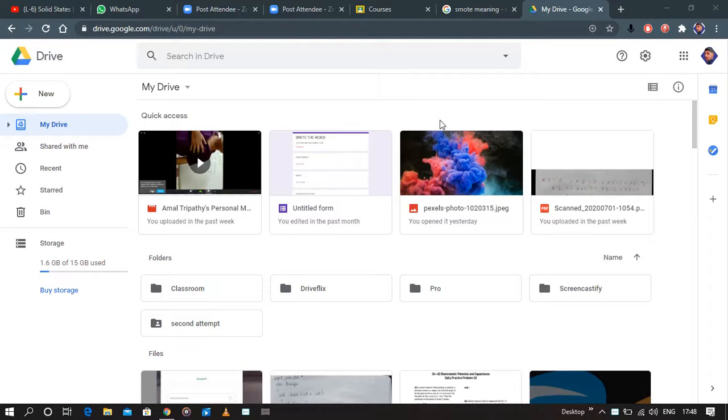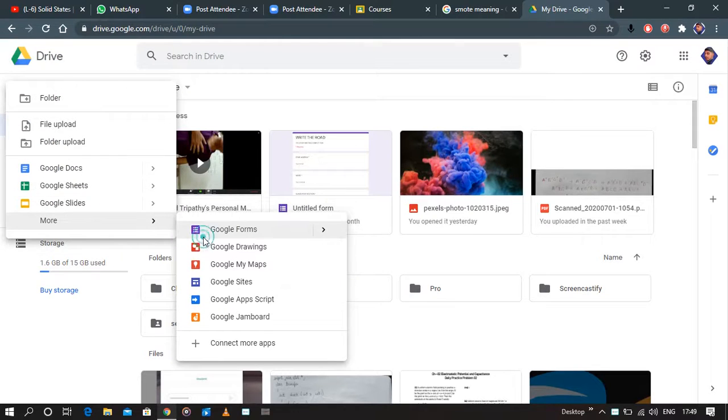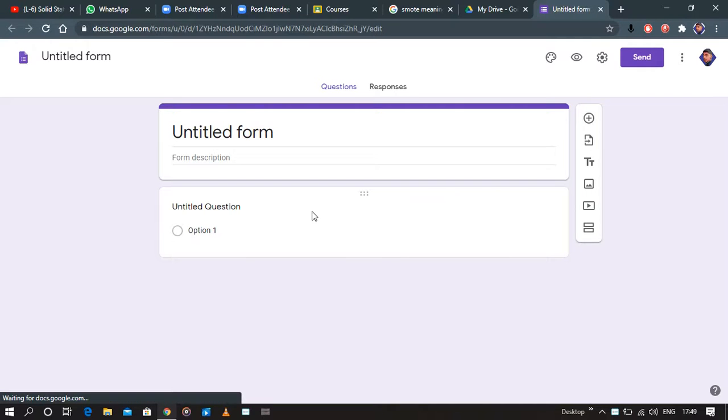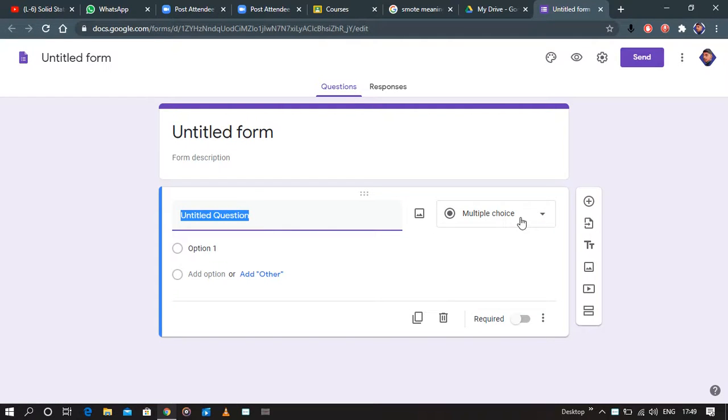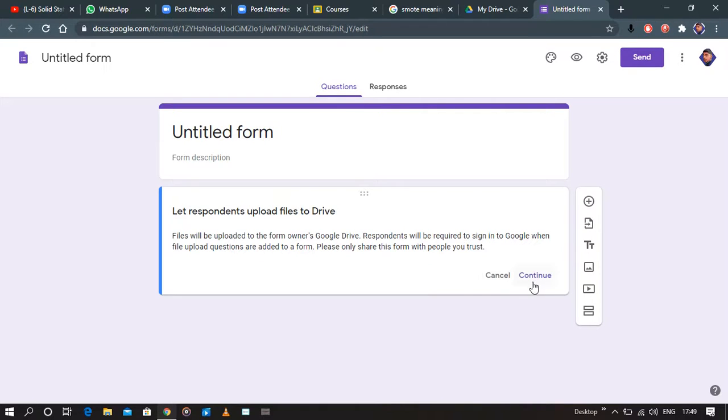So simply, if you want to give the option to attach a file or a written photo to your Google Forms answer, all you need to do is go on new, and first I will create a form. Okay, so I will edit this question. By default it is multiple choice, so here you have seen these are options. So I will click on file upload. Okay, so it will give